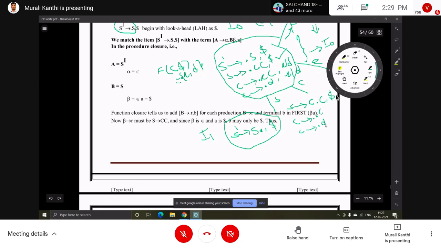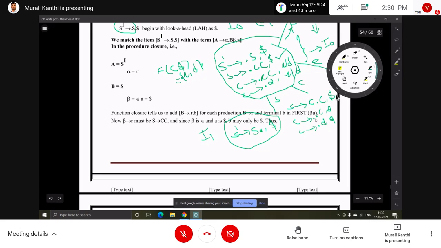These are the two productions. But look-ahead symbols are required. Now compare this production with the general form: A equal to S, alpha equal to capital C, B equals to capital C, beta epsilon, a dollar. First of beta a, here first of epsilon dollar. What will you get? Epsilon dollar means dollar we will get. So dollar is the look-ahead for these two.